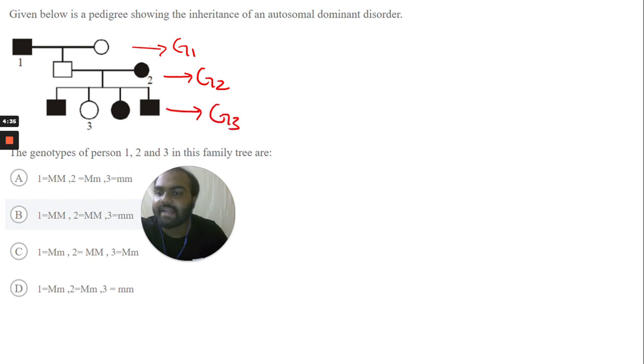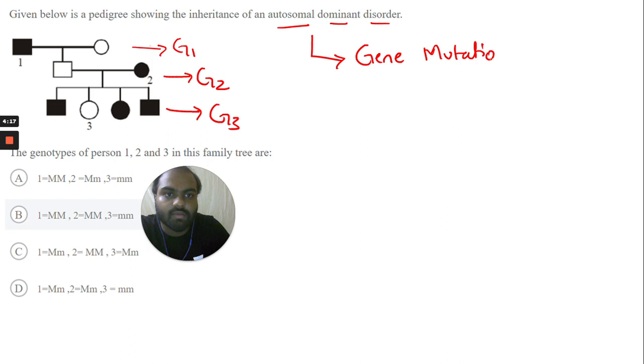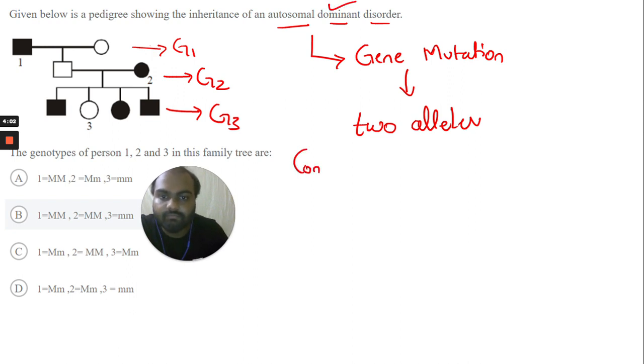You can see that at least one of the individuals is affected by the autosomal dominant disorder. So if you want to know the inheritance of this disorder, we can say that this is caused by gene mutation, and we know that each gene has two alleles, and for this inheritance, that is autosomal dominant disorder, it should have